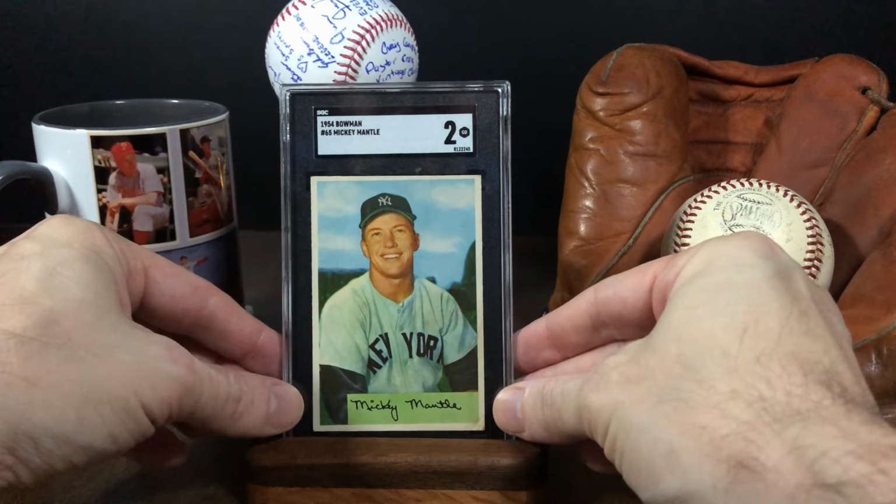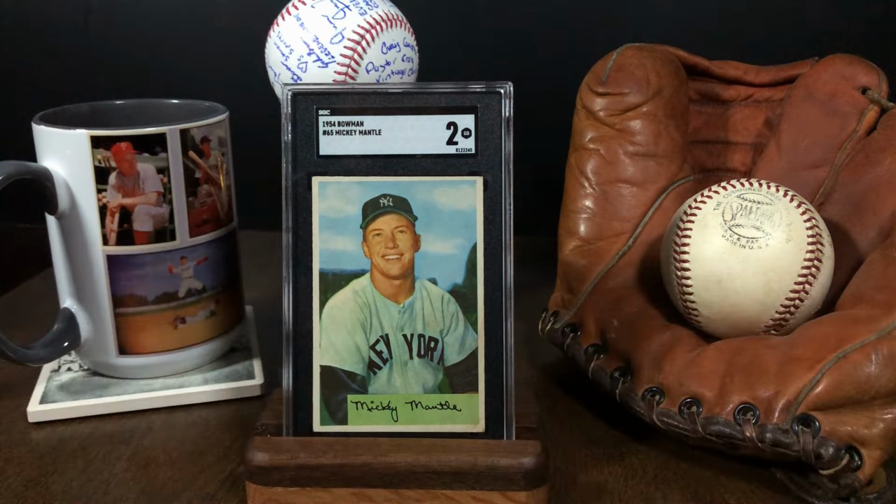On Friday, I had a less dramatic, but in a way still fateful find. The 1954 Bowman Mickey Mantle is a card that I've been thinking about for about 6 years or so. If you're looking for a bigger, let's say, mainstream card, I think doing that at the National makes a ton of sense because it's really, really satisfying to have a huge sample size of examples in various conditions and price